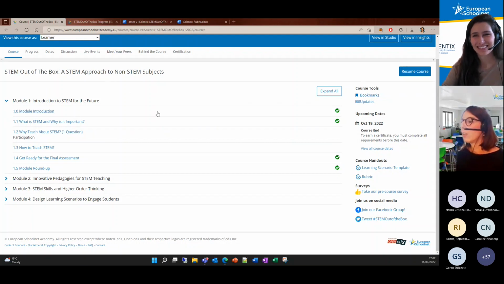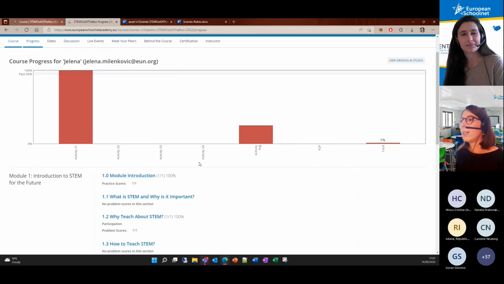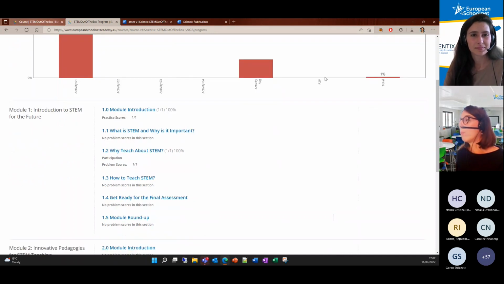Excellent. So here we are on the course homepage that is familiar to you. So far, you only have access to module 1, but here you have a sneak preview of what is to come, the other 3 modules. So in the course, you can have this tab on top that you can follow your progress. You can see that there are some activities that you have to participate in,